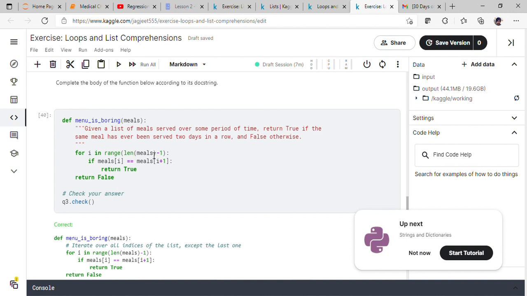length of meals minus 1. Suppose length of meals minus 1 is 10 minus 1, which is 9. So it will start from 0, 1, 2, 3, 4, 5, 6, 7, 8, 9, and in that range we check if meals[i]